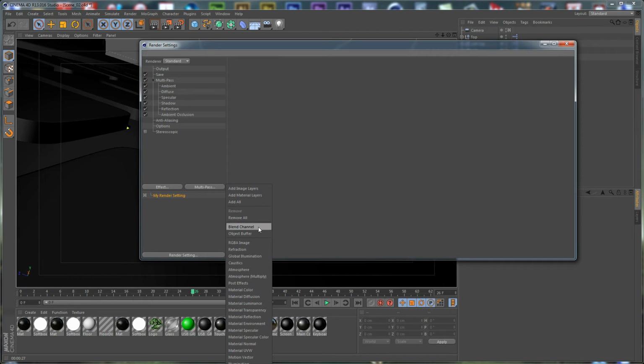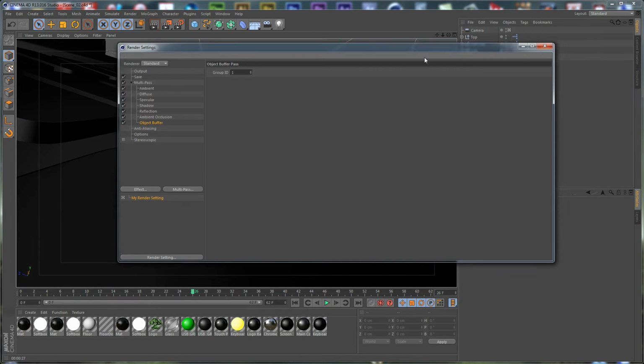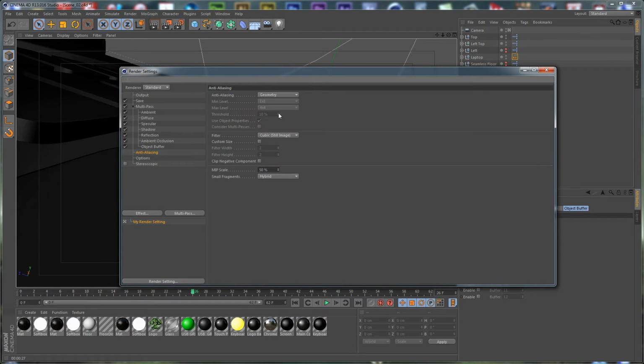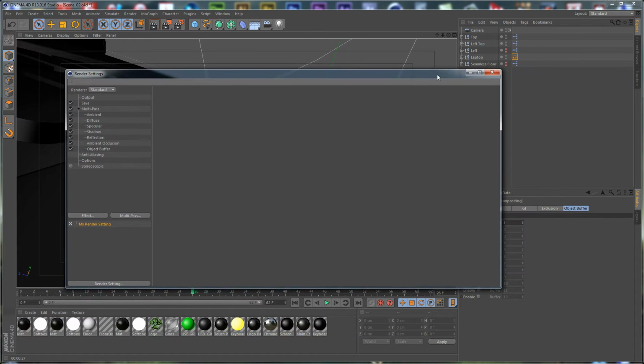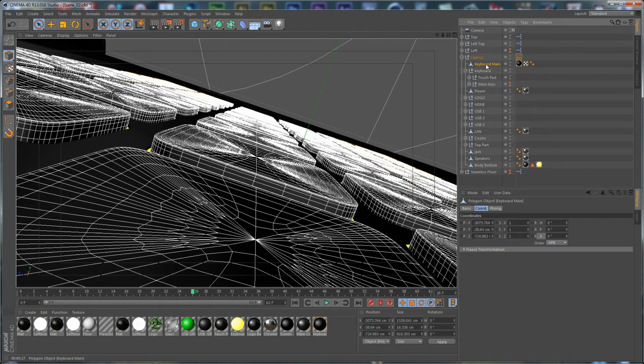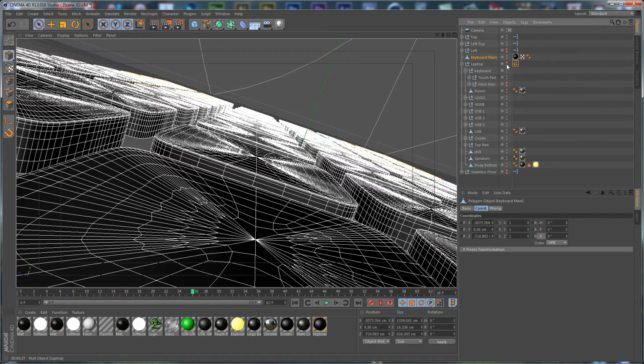and we need to add an object buffer for our laptop here, which is object buffer with ID of 1. We need to increase the anti-aliasing to set it to best, and we need to export this. And after that we need to turn off everything. We need to turn off everything except the keyboard. We need to take it out here, turn off the laptop, select the keyboard, and